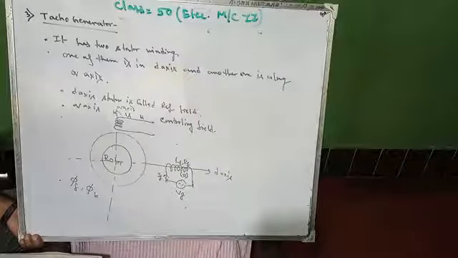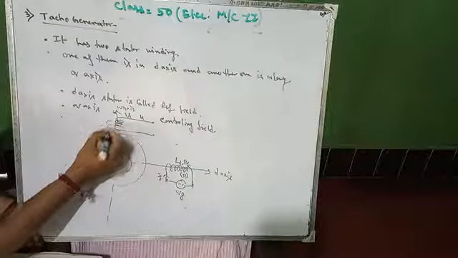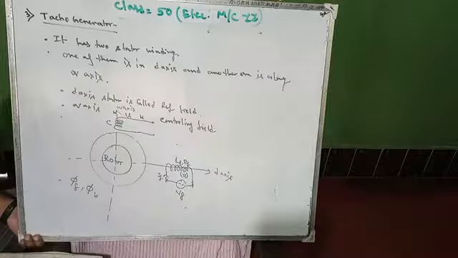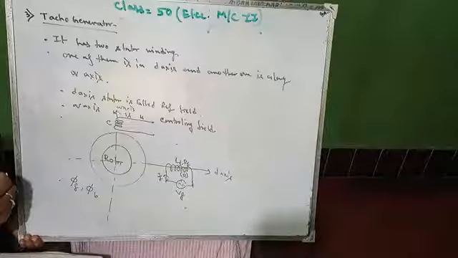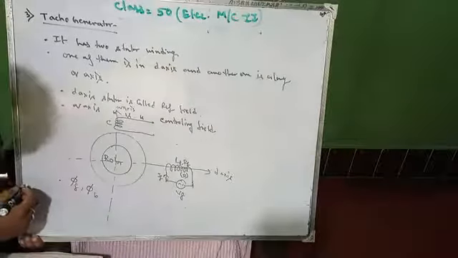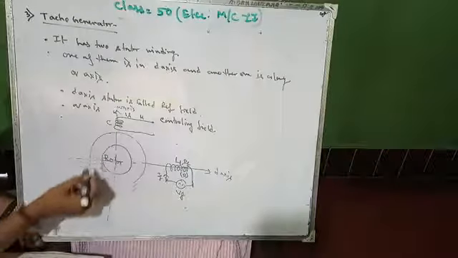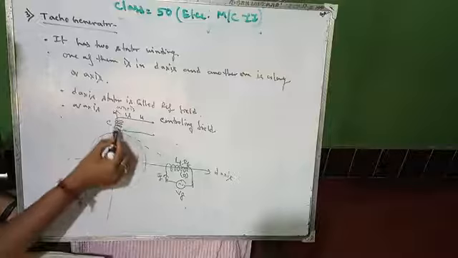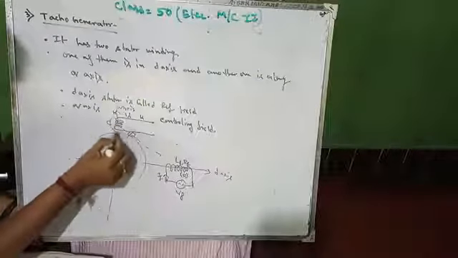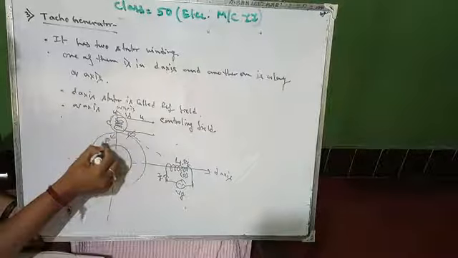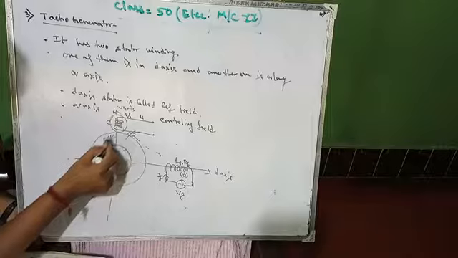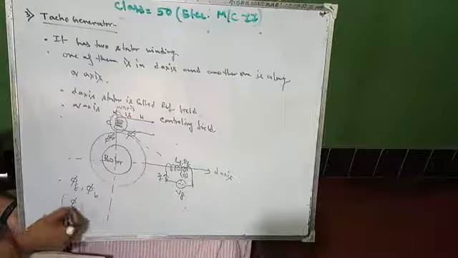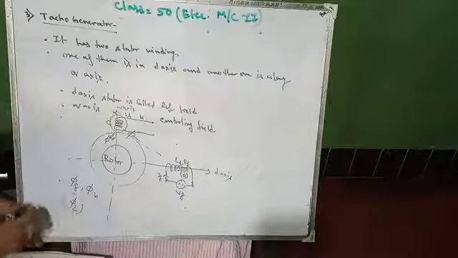So a new flux will be generated by the C winding, or the controlling field, where there is no source. One portion of the flux is cut over here, and due to this amount of flux cutting this coil, it will produce another flux to this rotor. By using this flux, it can produce another modified flux, phi c, which is very small.